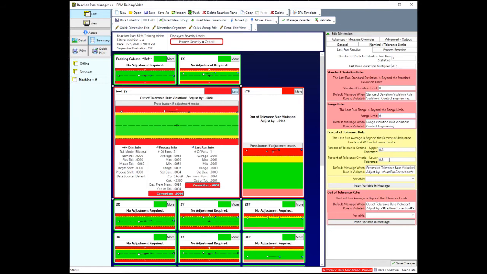Here you can set the percent of tolerance criteria for the dimension item. It's set to 80%. You notice you've got an upper tolerance and a lower tolerance value you can put in. Again, it's to try to give you more flexibility and more tools for controlling your process. I may want to control it a little, maybe make the percent of tolerance higher on one side or the other. I don't know. Now, if this rule is violated, you'll see the instruction here, and you'll notice